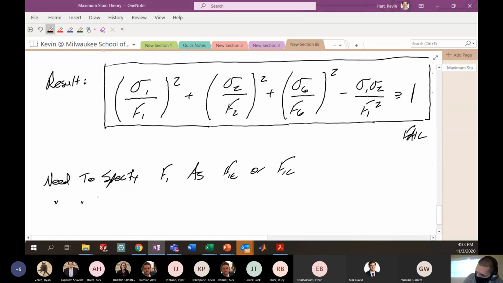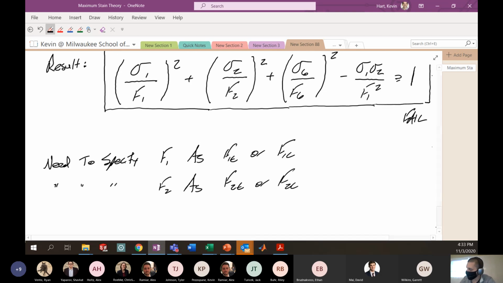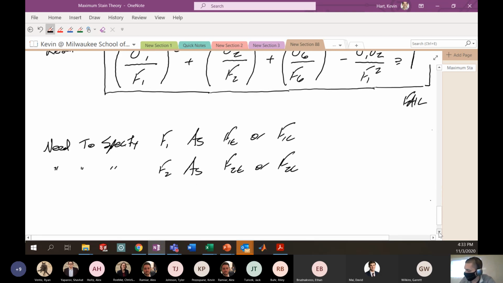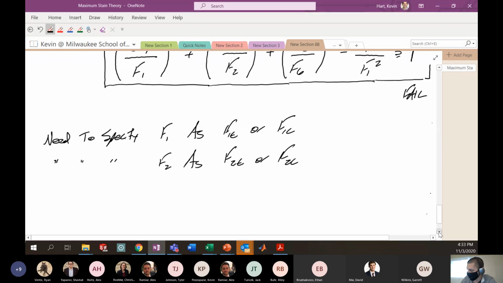Similarly, you need to specify F2 as F2T or F2C. And that's pretty straightforward. The way that we do that is